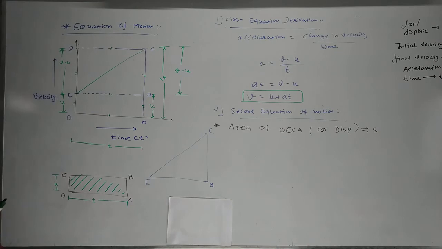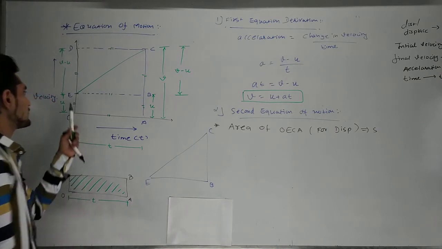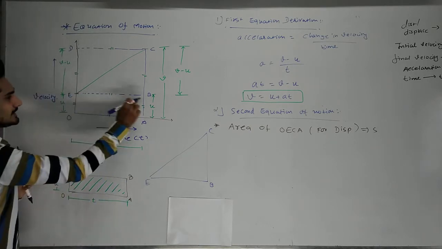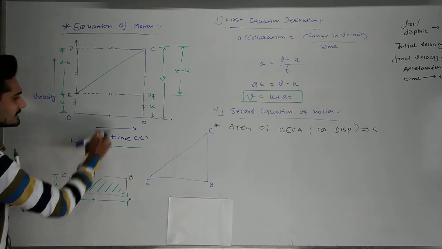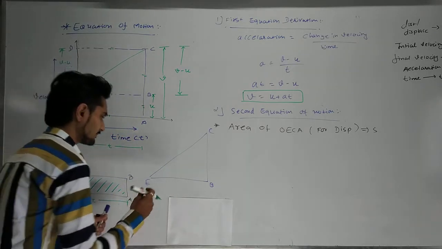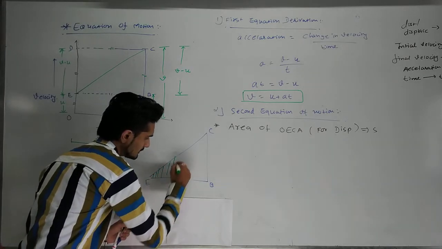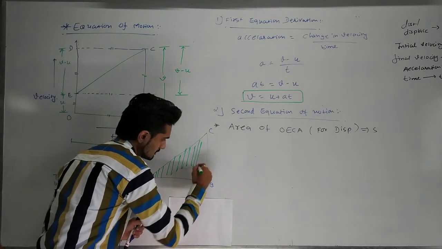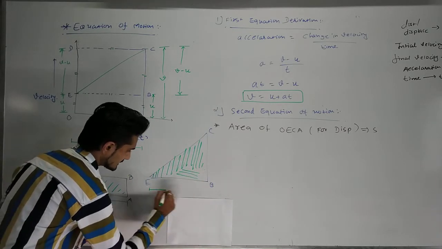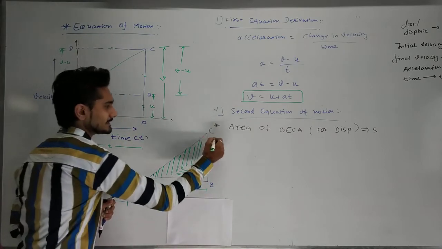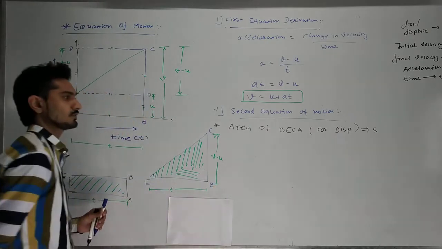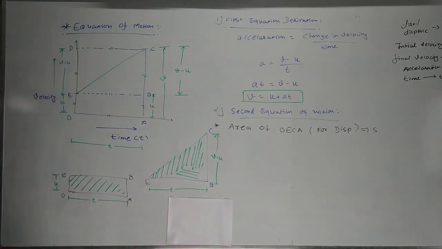Is it clear, everyone? Now we'll put all the things. You can see that it is T. So EB is also the same, then EB is equal to T. Now if I measure this whole area, this signifies T, and this signifies the change, and that will be V minus U. I hope you all get it.